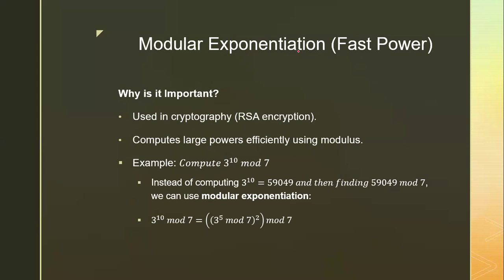So modular exponentiation, which is known as fast power, is used in cryptography, right? It computes large numbers efficiently using modulus. So for an example here, we have compute 3 to the power 10 mod 7. So instead of computing 3 to the power 10, which is equal to 59,049, and then finding the mod 7 of 59,049, we see that it's going to take us a long time, right? So we can use modular exponentiation and say that 3 to the power 10 mod 7 is equal to